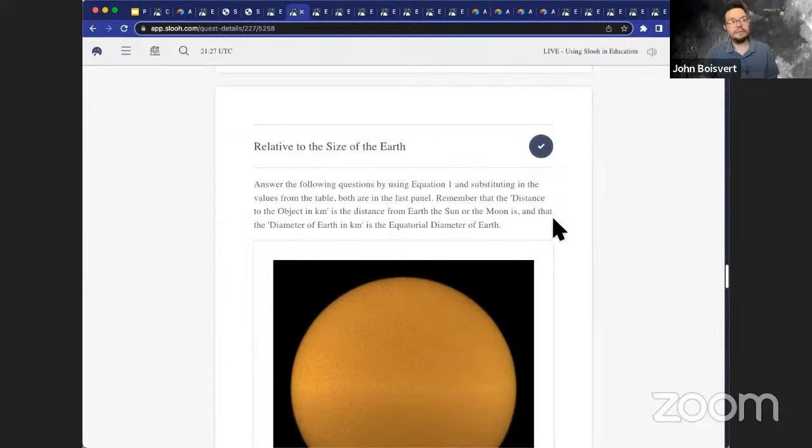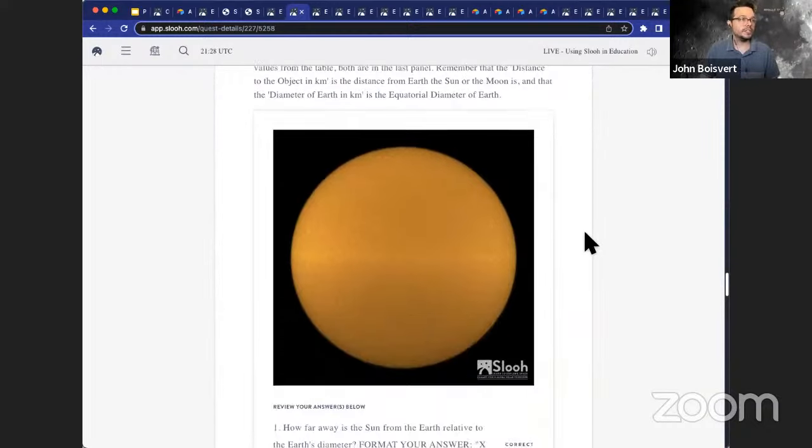It is. But the thing of it is, that's what's so great about this platform, because when you come to this platform, you can be confident that the stuff that you're going to see here is up to date, because that's just the way that we do it here. So I just want to show you a new example of how some of the math questions are being rewritten to be more rigorous, saying you're using this particular equation, and being very clear on where to find the different values to put into the equations.